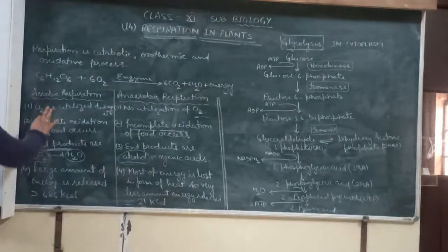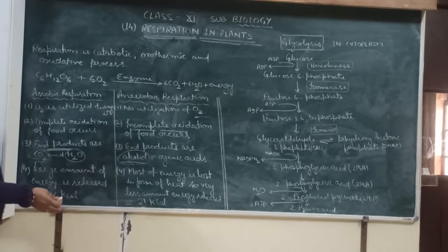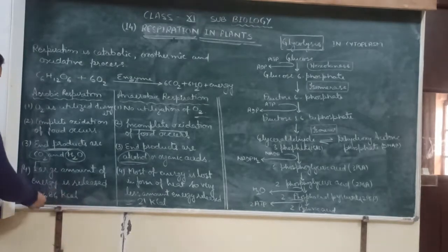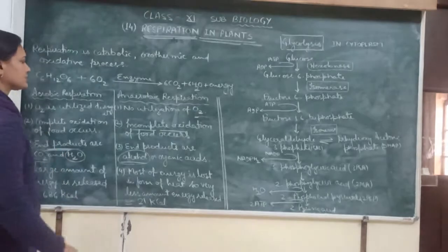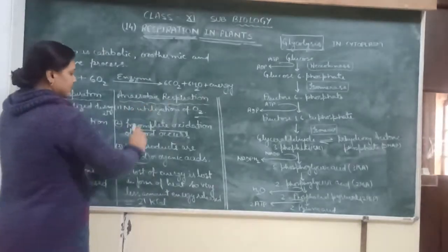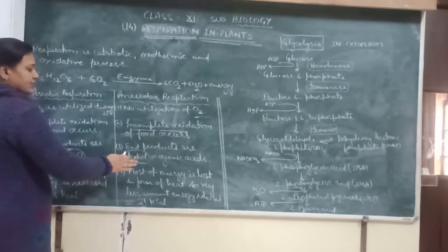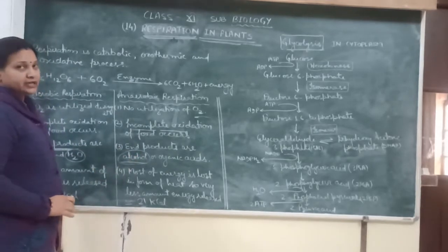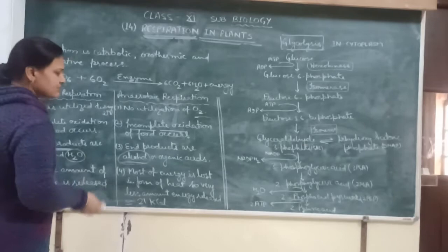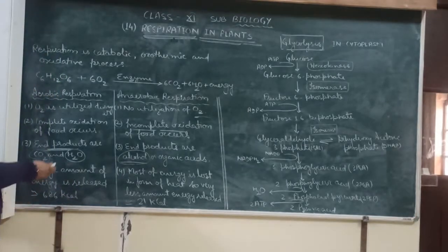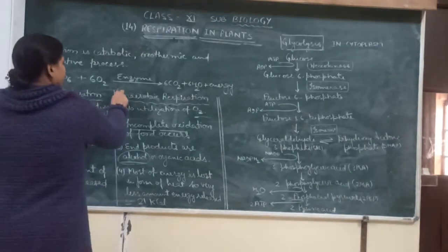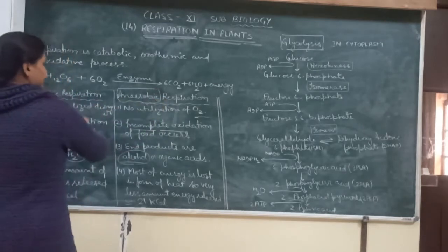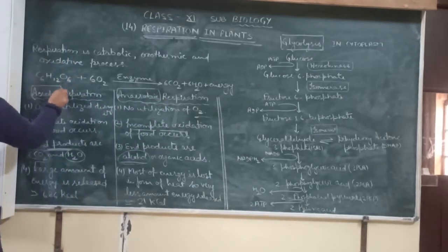And during aerobic respiration, a large amount of energy is released. It is about 686 kilocalories from one molecule of glucose. But during anaerobic respiration, most of the energy is lost in the form of heat. That's why a very small amount of energy is released, about 21 kilocalories per glucose. Okay? So, in both anaerobic respiration and aerobic respiration,